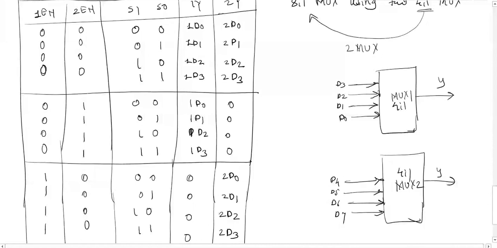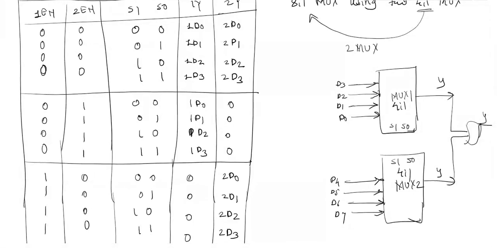I want to implement an 8:1 multiplexer, but I am getting two outputs here. So I will simply OR these two outputs together and I will get a final Y. But along with the data inputs, multiplexer 1 and multiplexer 2 need the select line inputs. A 4:1 multiplexer has two select lines, S0 and S1, and the second multiplexer also has two select lines, S0 and S1. But an 8:1 multiplexer needs three select lines, since 2^3 is equal to 8.